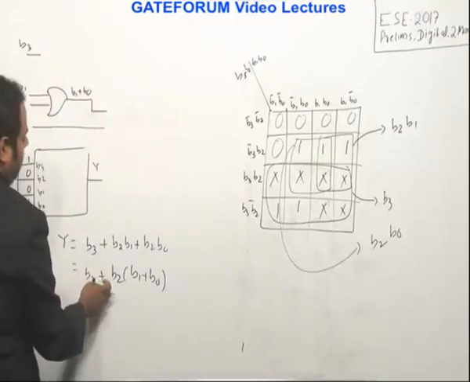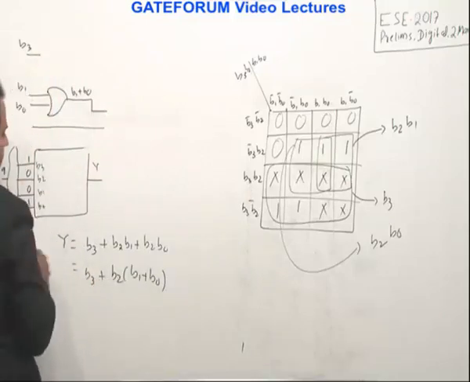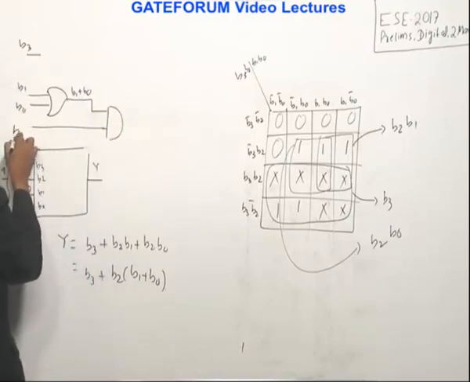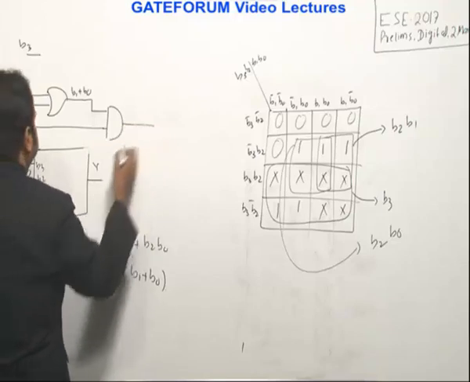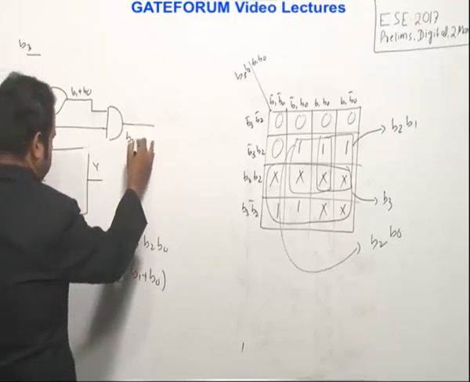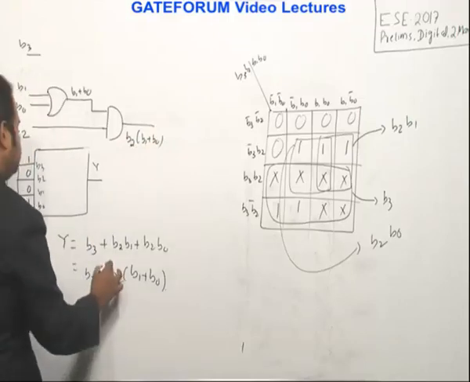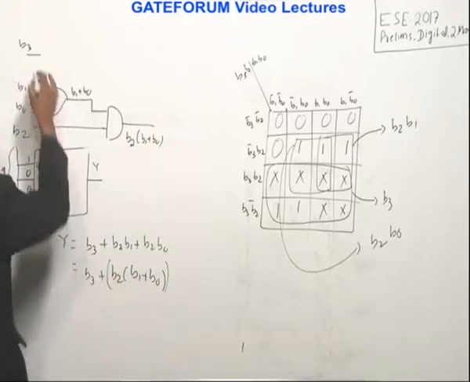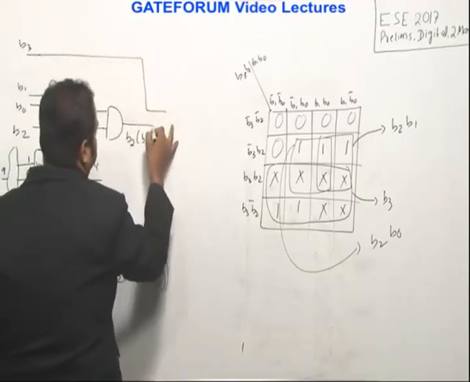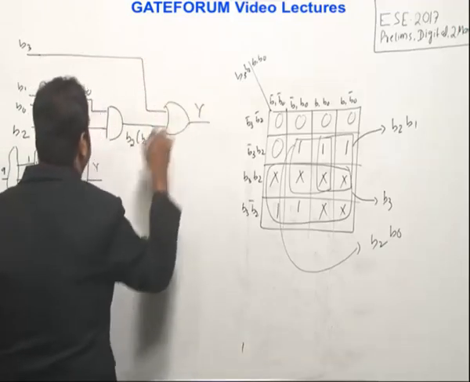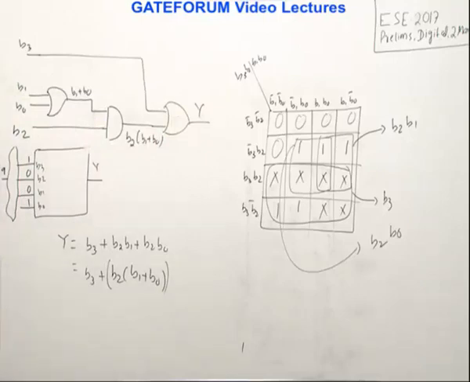So B3, and this is B1 plus B0, and here I need one AND gate, right? This is B2. Now if I ask what this is, it is B2 ANDed with B1 plus B0. So I need the OR combination of these terms with B3. So I am taking one more OR gate like this, and this is what my expression Y is. If you count how many gates I have used, it is only 3. So 3 should be the right answer.